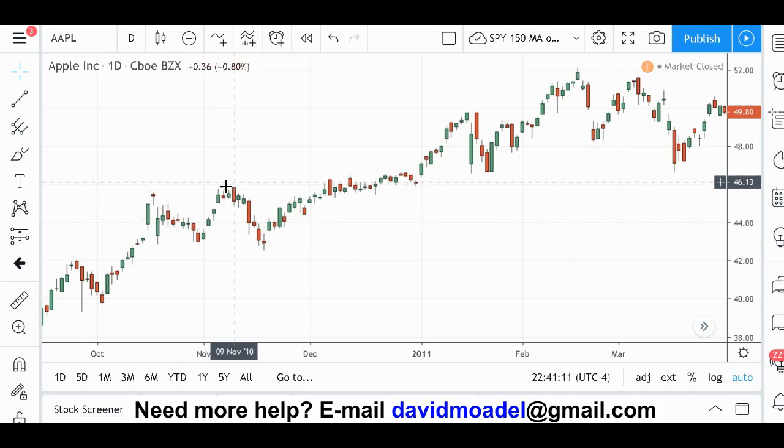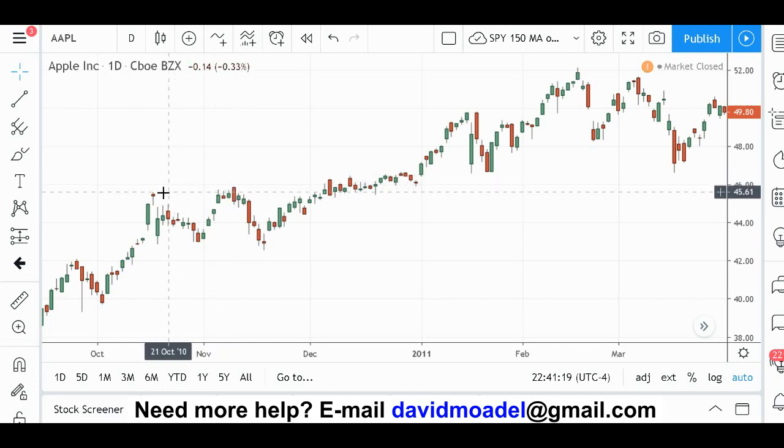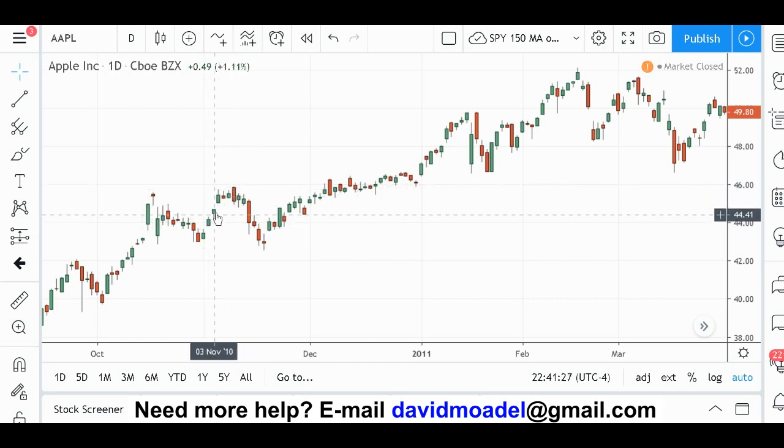Is it a lower high? No, it's a little bit higher than the previous one. It's about the same, actually a little bit higher, okay? If it's the same or higher than the previous one, that's not the time to sell, according to this method, okay? So you're still waiting. Remember, you bought here. So you're still waiting for a lower high.